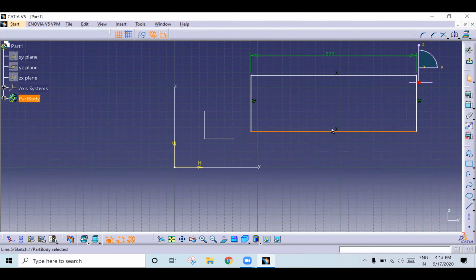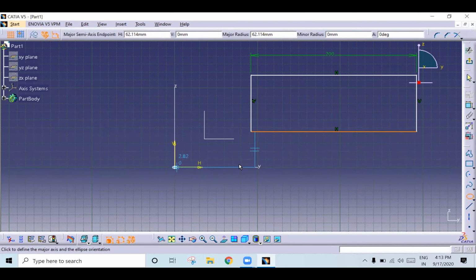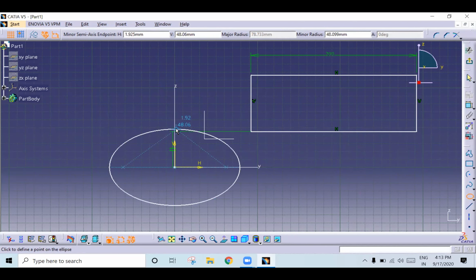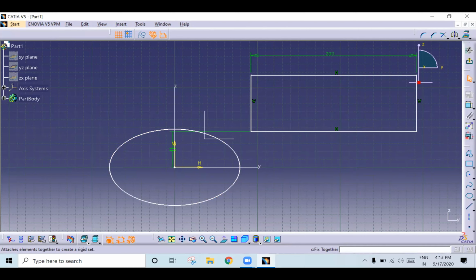Okay. After radius and diameter, semi-major and semi-minor axis. It will come under ellipse. Suppose you have an ellipse, observe carefully here. If you want to give the semi-major axis, select the constraint, select the ellipse, and you will get the major axis. Click it and you can edit it. Next, if you want to give the minor axis, click the constraint, click the ellipse. Again you are getting the major axis, right?